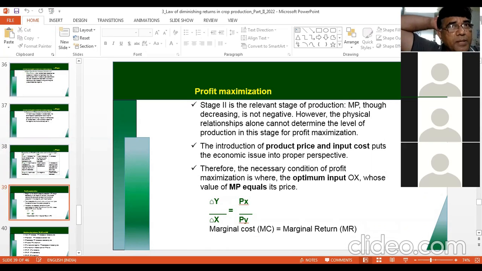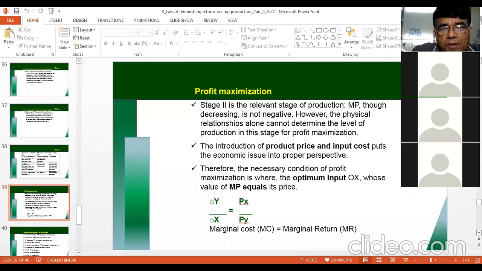So the law of diminishing return is actually a physical relationship between input and output. There is no financial or monetary relationship, but you need to convert it into money terms. The introduction of product price and input cost puts the economic issues into proper perspective. Therefore, the necessary condition of profit maximization is where the optimum input, OX, whose value of MP equals its price. Delta Y upon delta X is equal to price of X upon price of Y,